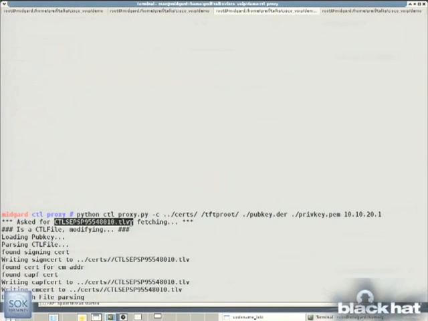The phone tries to download the Ctl file, the trust list, to check if there is an update. Then the Ctl proxy detects, okay, the phone just requests a Ctl file. I don't have this Ctl file, so I will take the original Ctl file from the call manager, and